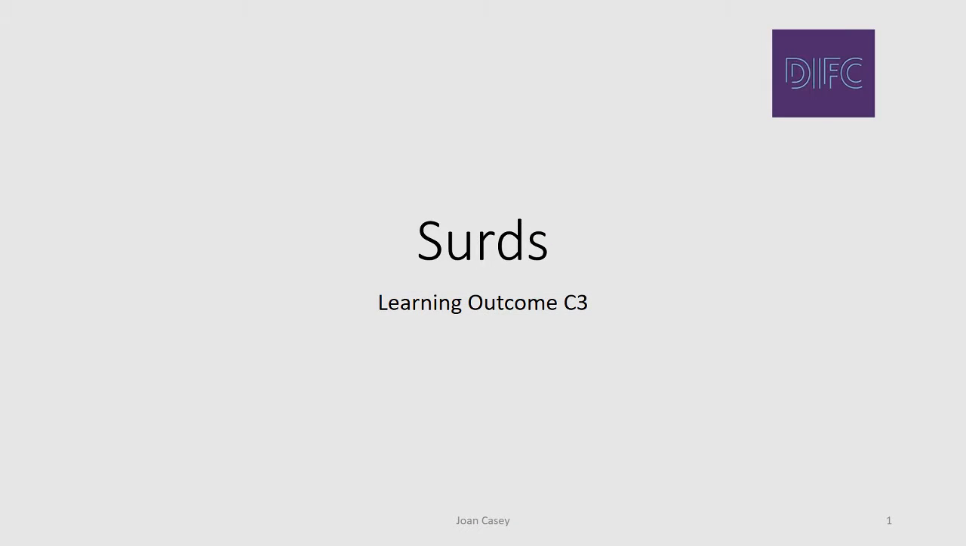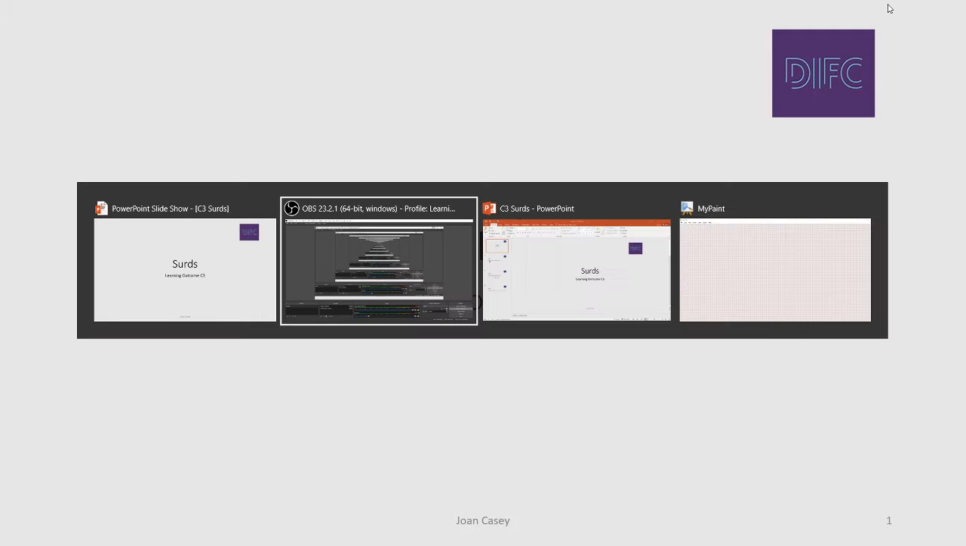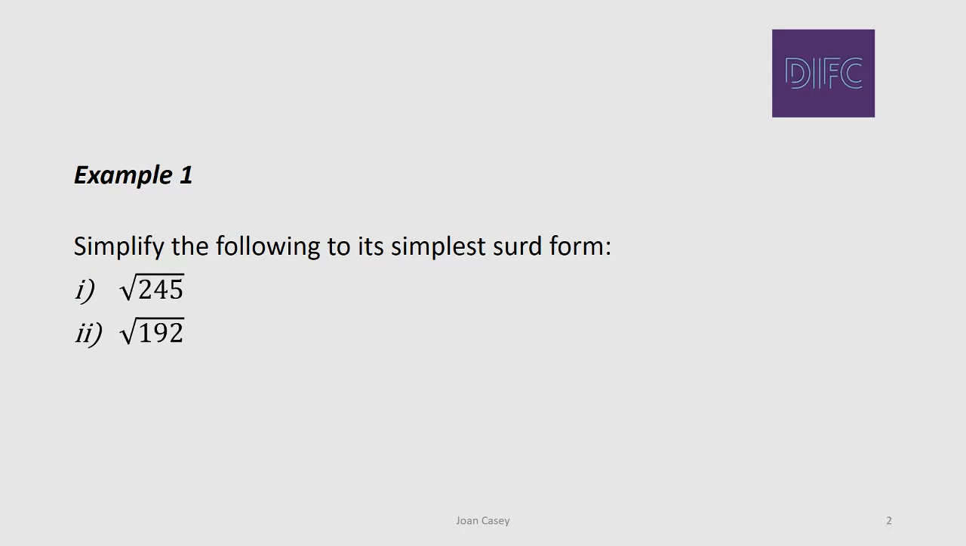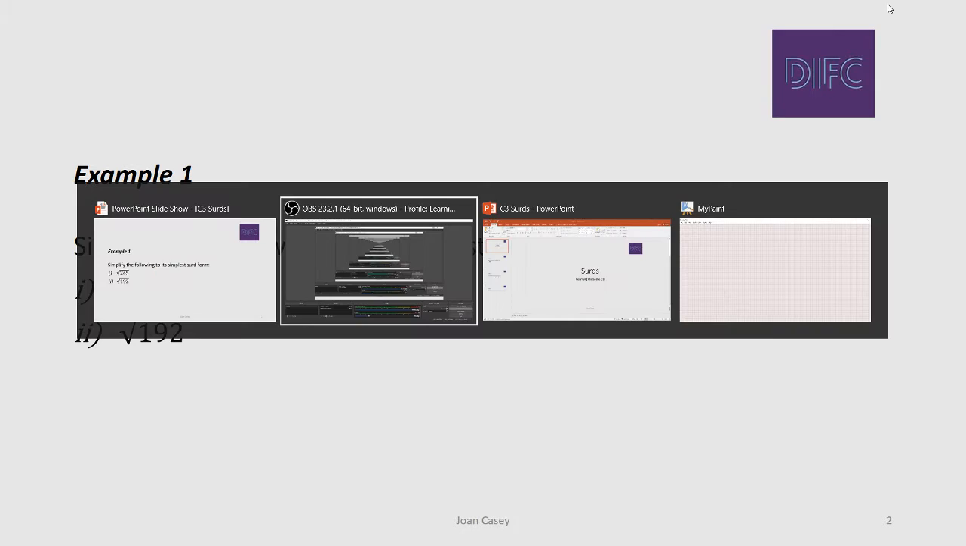Okay, in this video we're going to take a look at some examples using surds. The first example we're going to look at is to just simplify. The first one is the square root of 245. So I'll just take a look at that one first on the notepad, and the example was the square root of